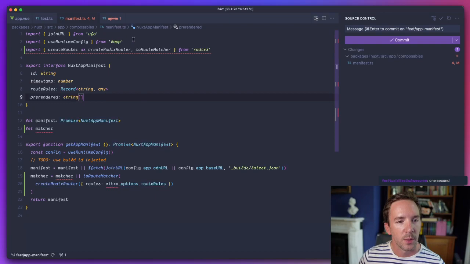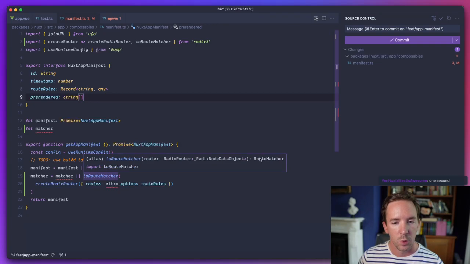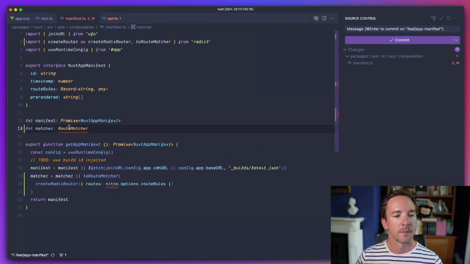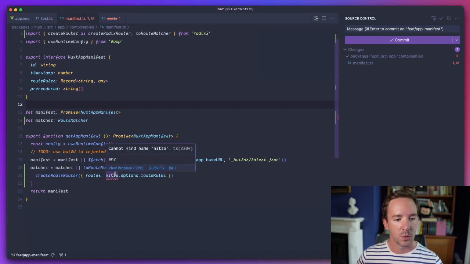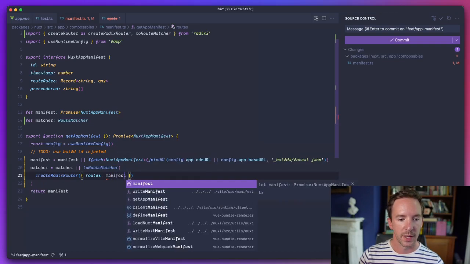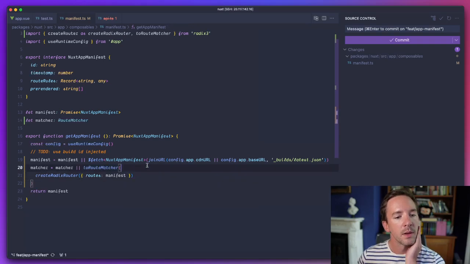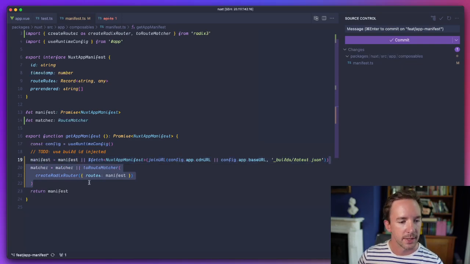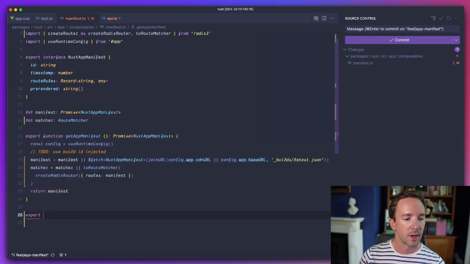Right. Okay, so we have our Radix router. We have our matcher, which is going to be a root matcher. And we are going to pull in our root rules like this. Oh, I see. We're going to need to lazily instantiate it. Export function